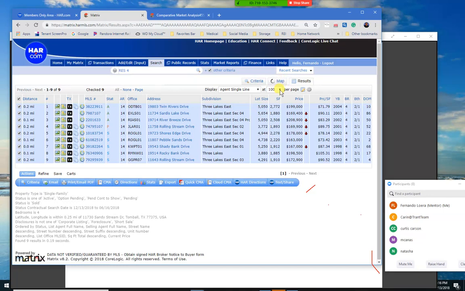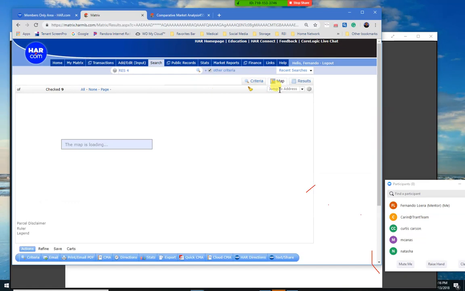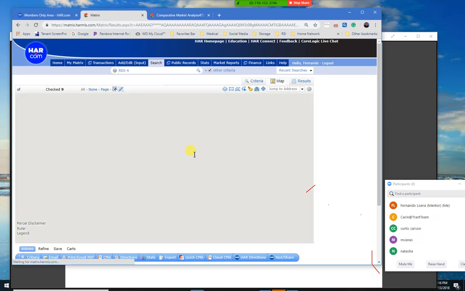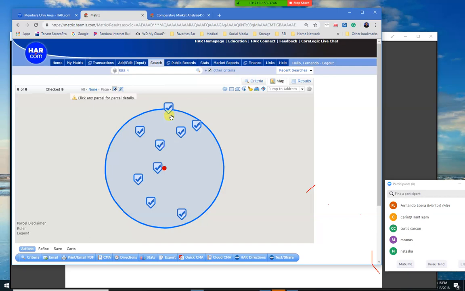But if you click on the map, one thing that's real important as an agent is to see if there's any lakes, or the section of where all the new houses are being built versus the section of all the older houses. And you can create a map and adjust this data before you generate the CMA report, because right now it's